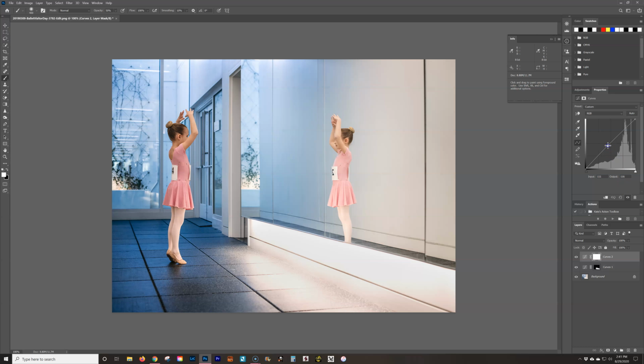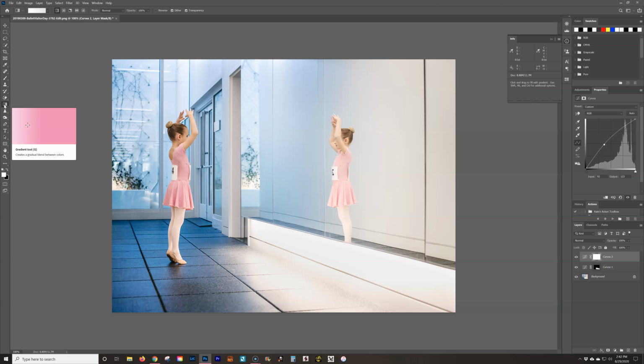I'm just going to take this and drag it up, and you can see how that brightens up the entire frame because it does a nice transition. So it's going to lighten those shadows as well, and it's going to lift the highlights a little bit also. And I'm going to take my brush because I really only want it on this side of the frame. So what I'm going to do actually, instead of a brush, is take a gradient tool and